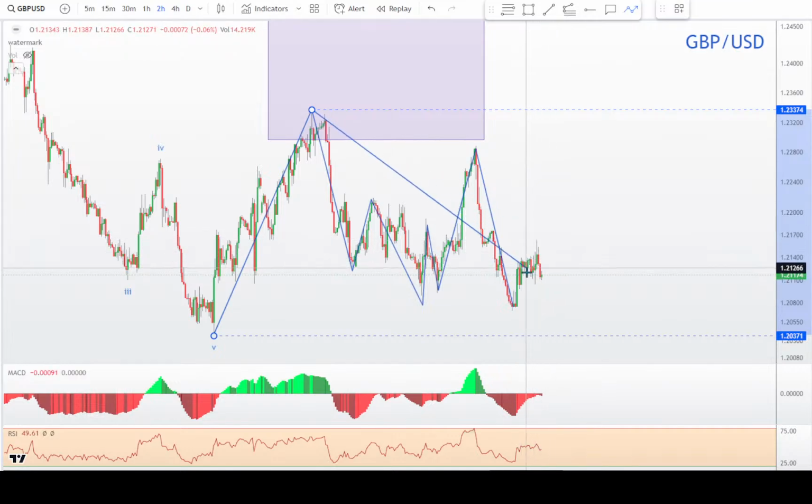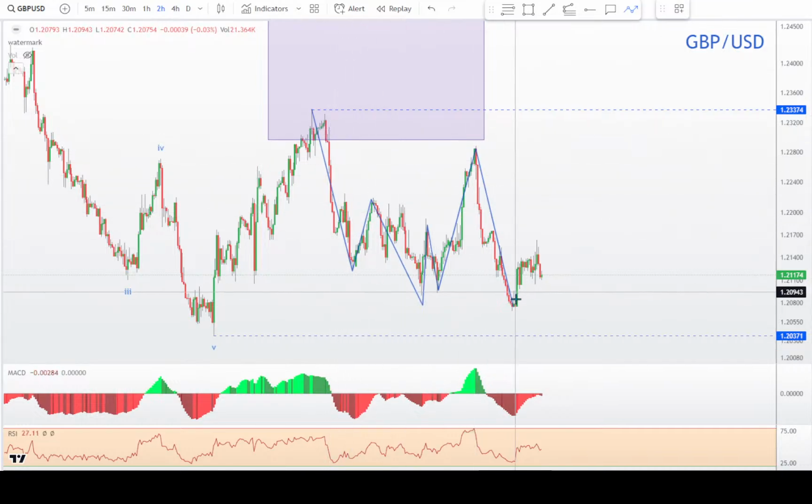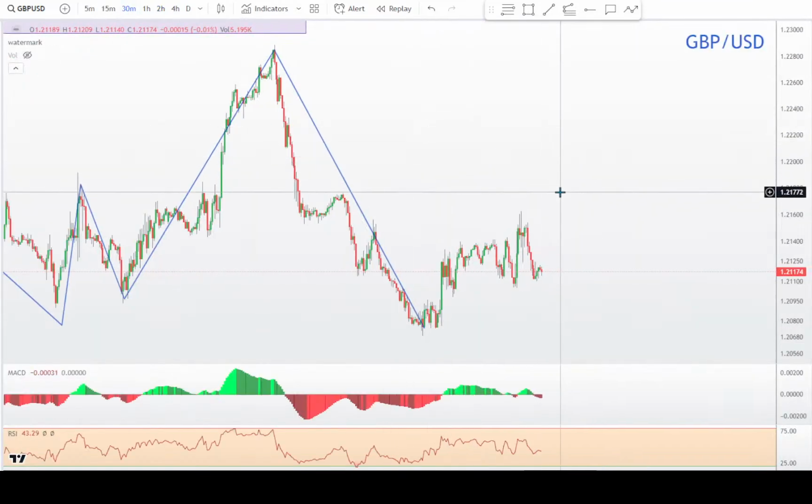Now it's just a matter of, are they creating a diagonal going down? I think that they're going to go back up. I think you got your A, B, C, and now they're slowly going up. I don't like the way this is going up. That's the only problem, because so far all I see is just 1,